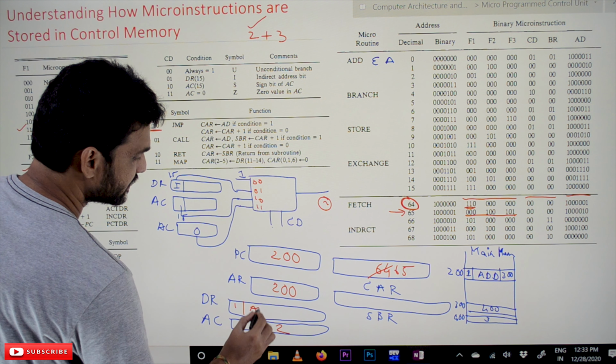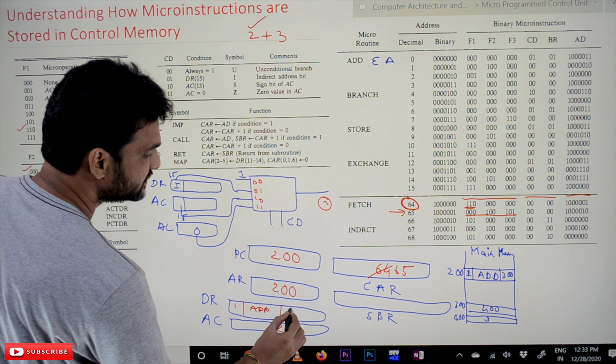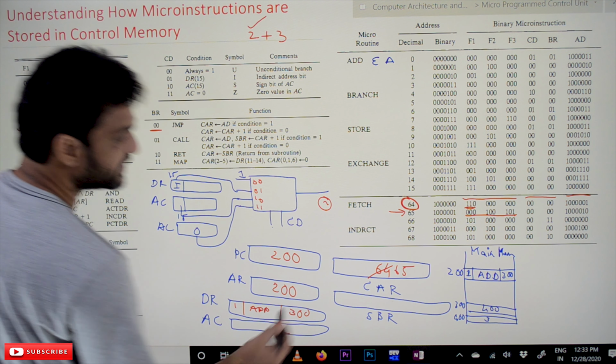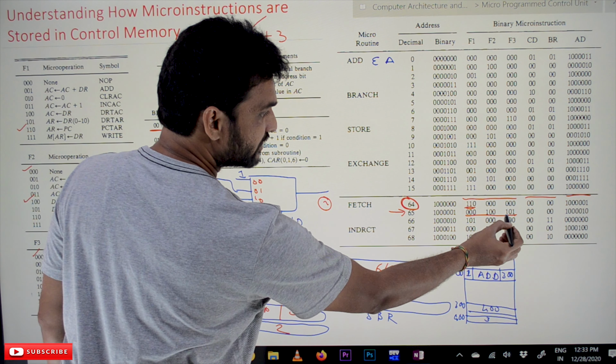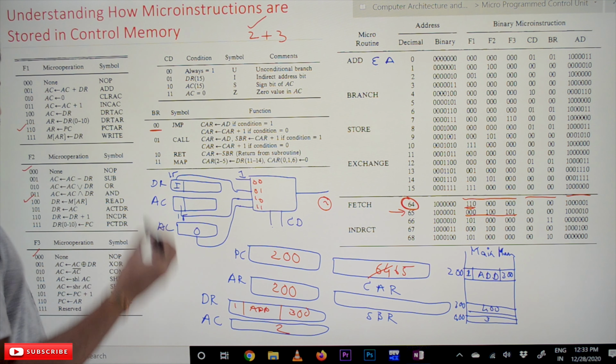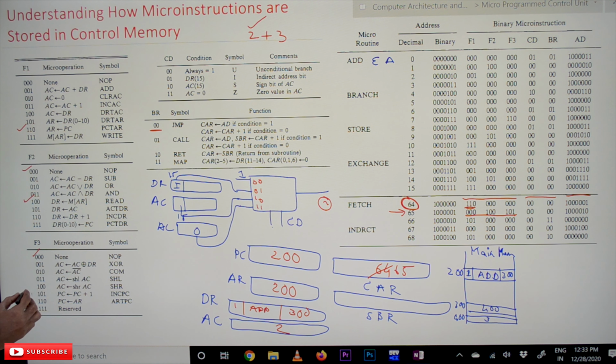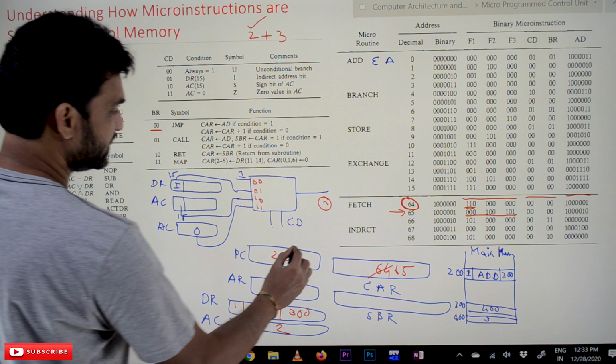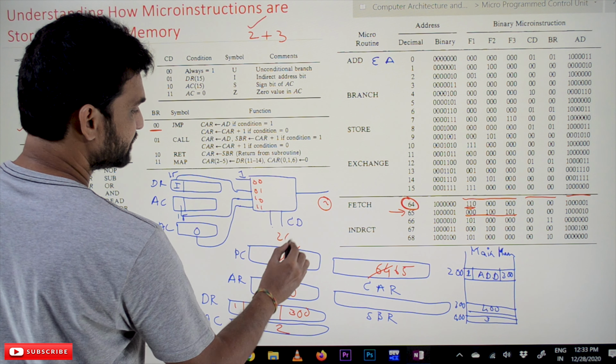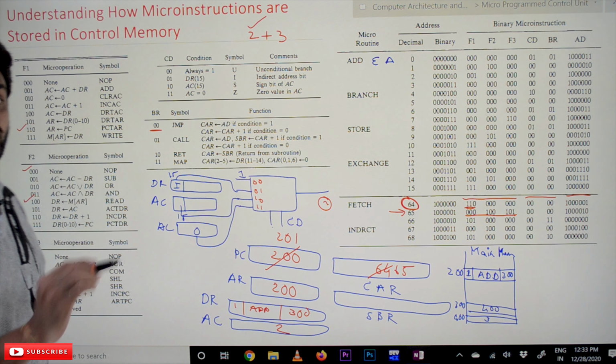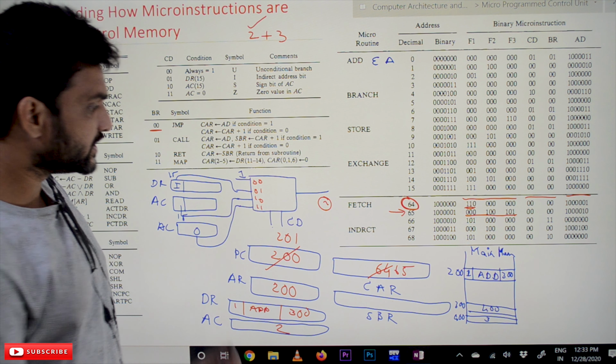The instruction is 1 add, and this address part is 300. Then 101 in F3 states that the program counter has to be incremented, so the program counter has been incremented to 201.